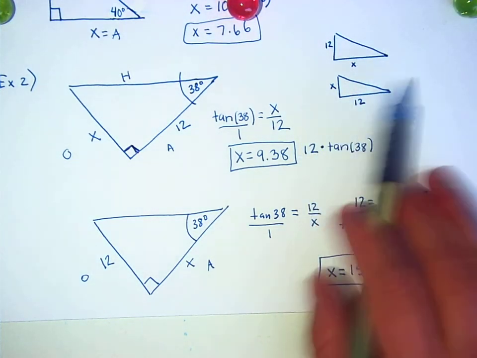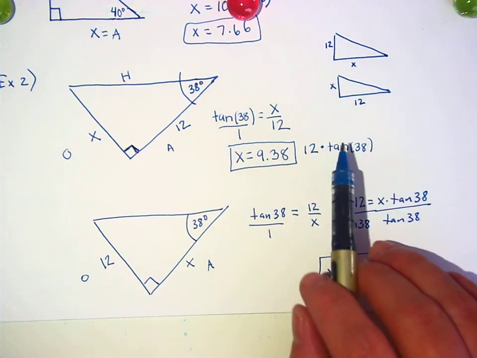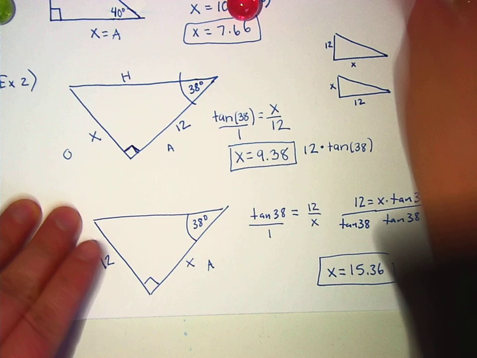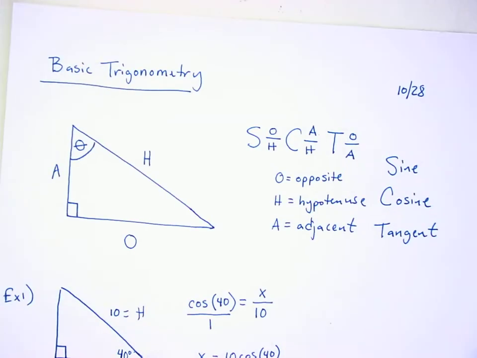Just because there's a 12 on the same triangle doesn't mean that they are the same thing. All right, now let's talk about how to solve for an angle. So, let's say that you had a triangle